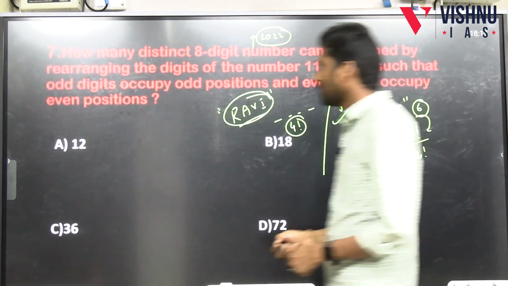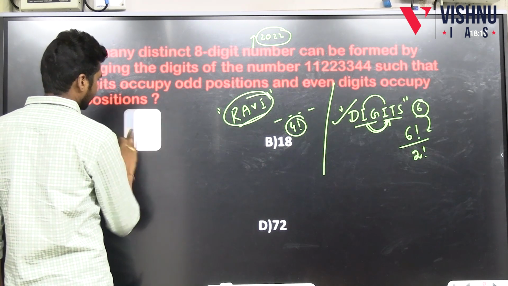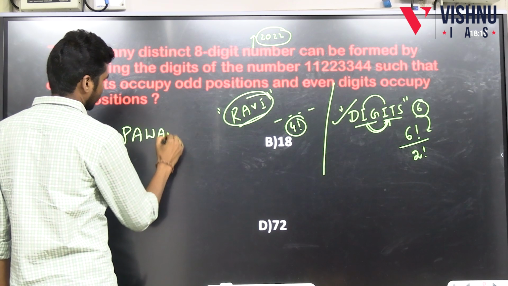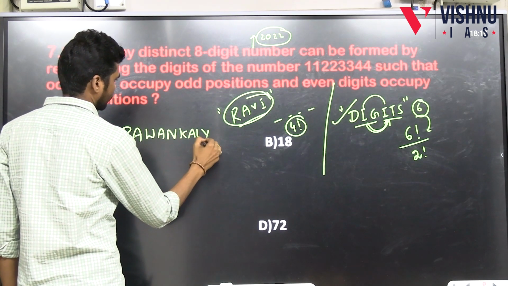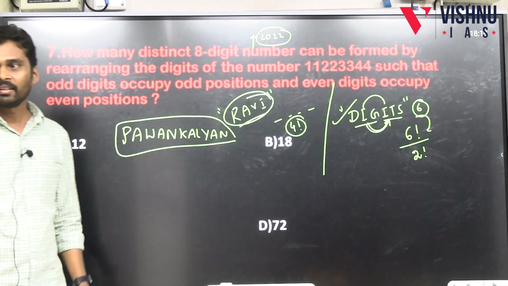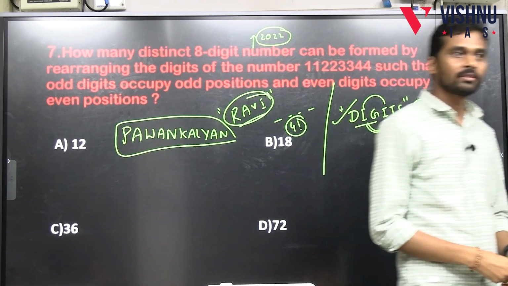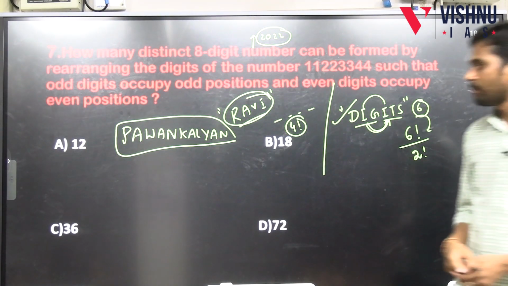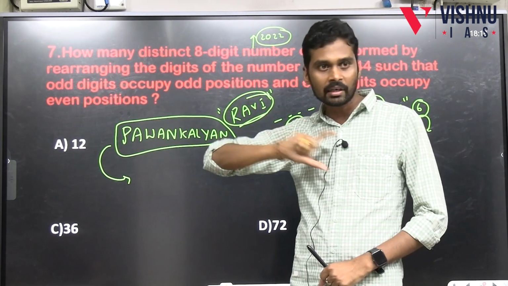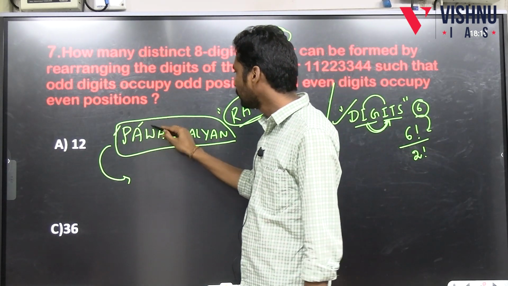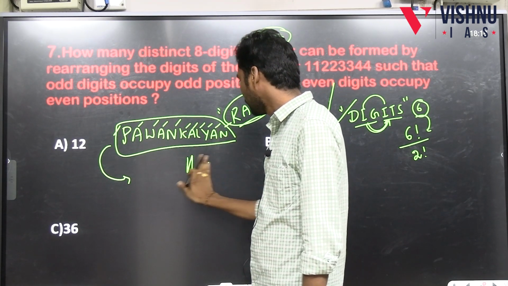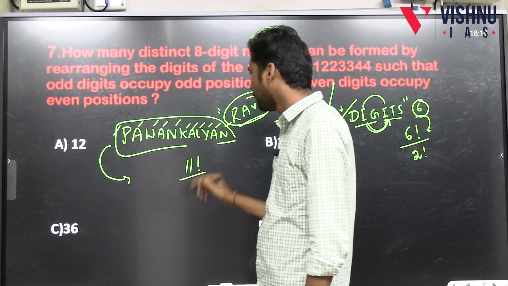Okay, and similarly, if you have another word like Pawan Kalyan. How many words can be formed by using all the letters of the word Pawan Kalyan? First of all, you take the total number of letters. How many letters do we have? 1, 2, 3, 4, 5, 6, 7, 8, 9, 10, 11. So 11 factorial, divided by